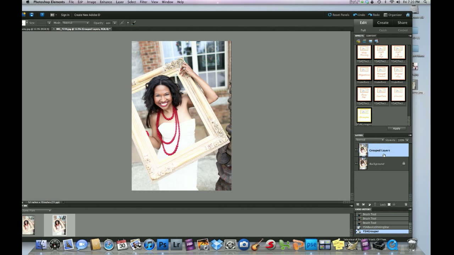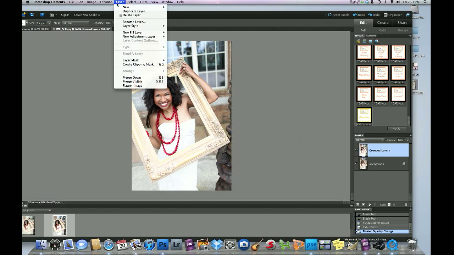So once I've grouped the Shining Star, I'm going to drop the opacity to around 70% because that's just the way I like it. Just a little bump, and that's perfect for me. And again, you can drop the opacity to whatever feels comfortable for you. So I'm going to flatten that,